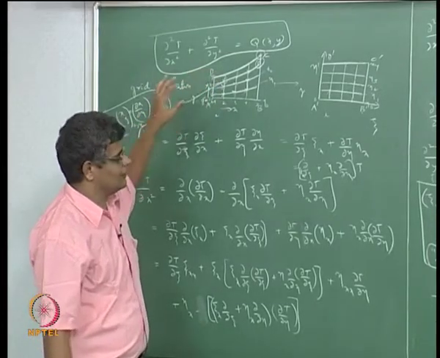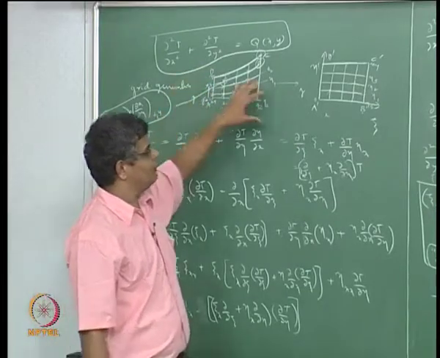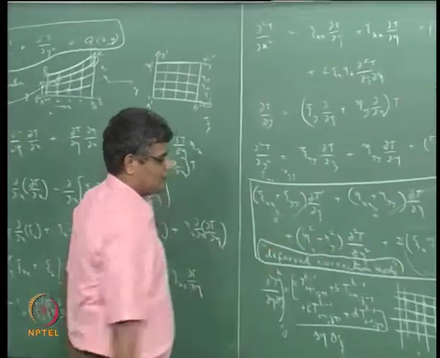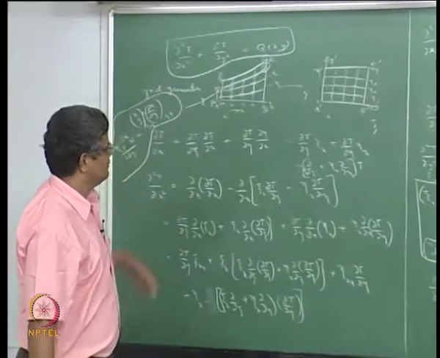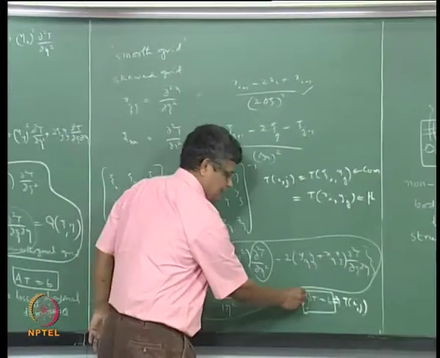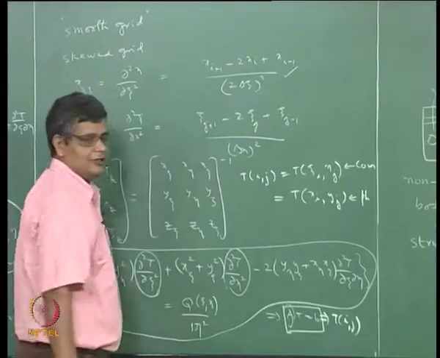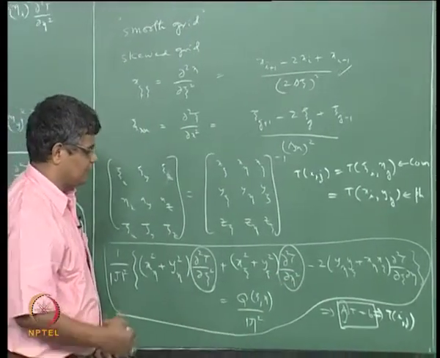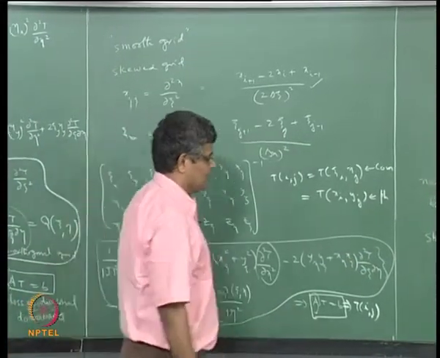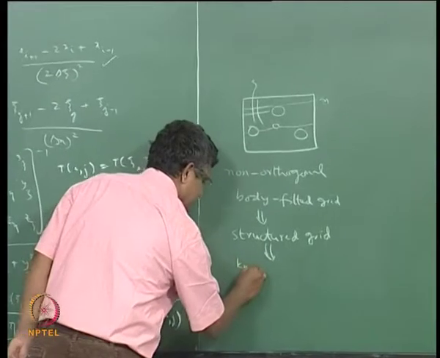And this structured grid will preserve, for example, the diagonal structure of the A matrix that we would get for elliptic equations and so on. So the resulting AT equal to B based on the transformed equation will still remain diagonal, although we have extra terms coming here. So structured grid is useful from the point of view of knowing the neighbors,